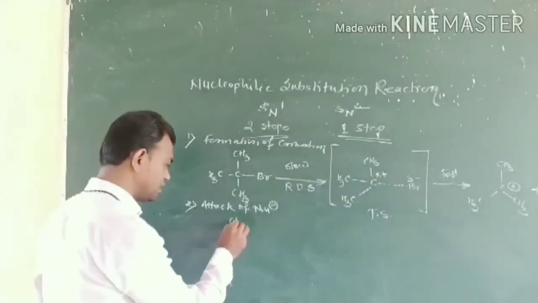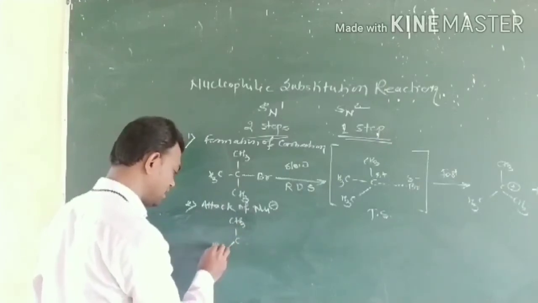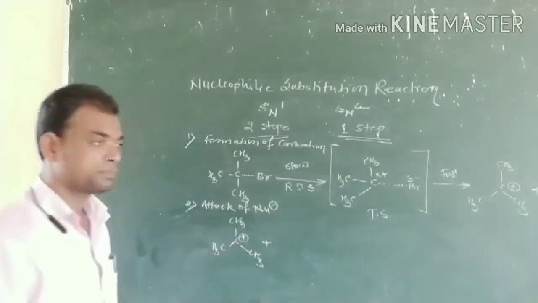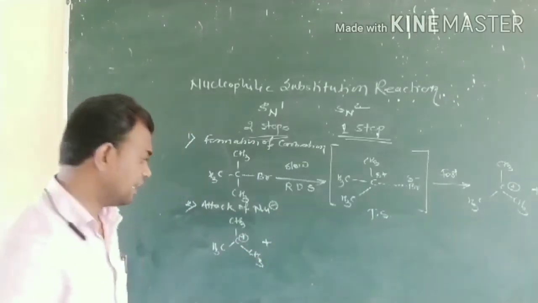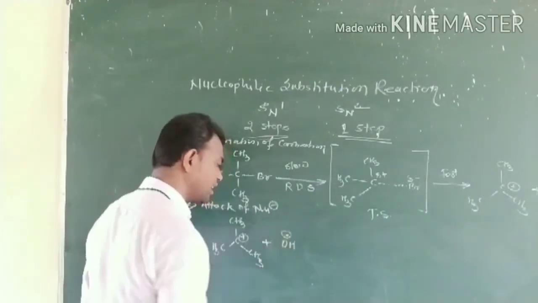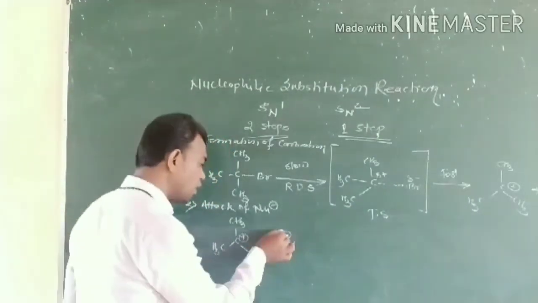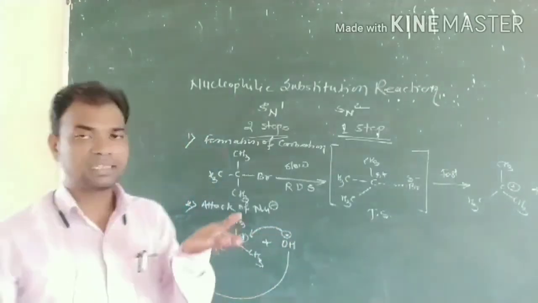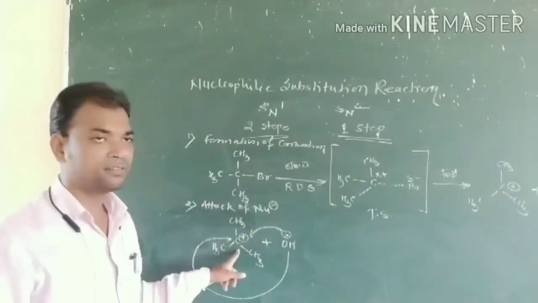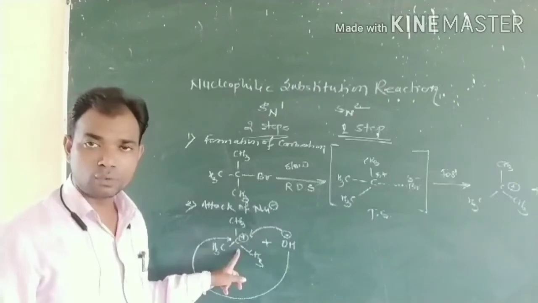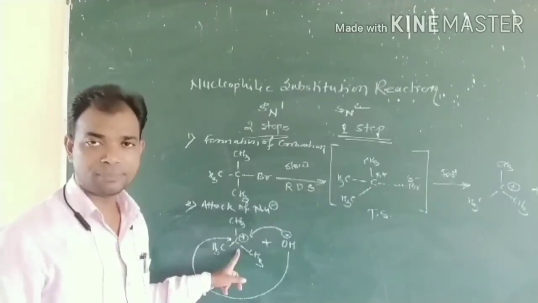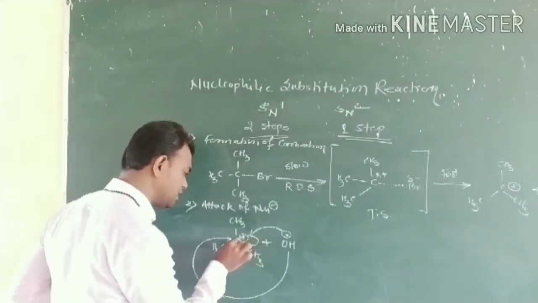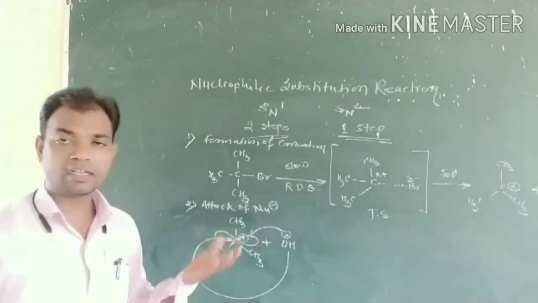Here the tertiary carbocation, where the carbon atom carries the positive charge, plus the reagent, that is the nucleophile OH negative, attacks the carbon atom from the front side or from the back side, because the carbocation is in the sp2 state of hybridization. That means its geometry is trigonal planar, and the p orbital is present perpendicular to that plane,